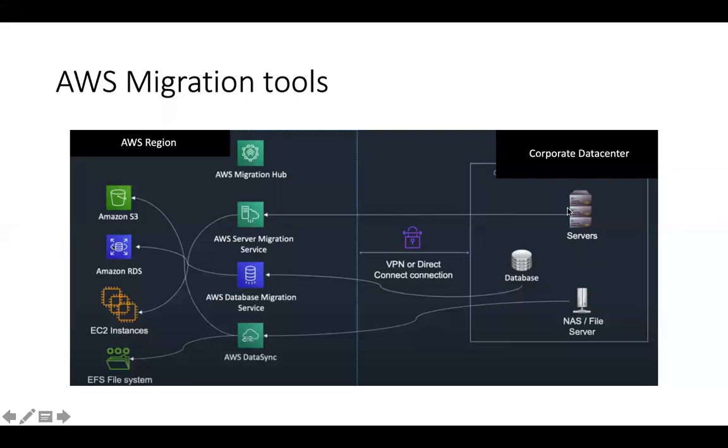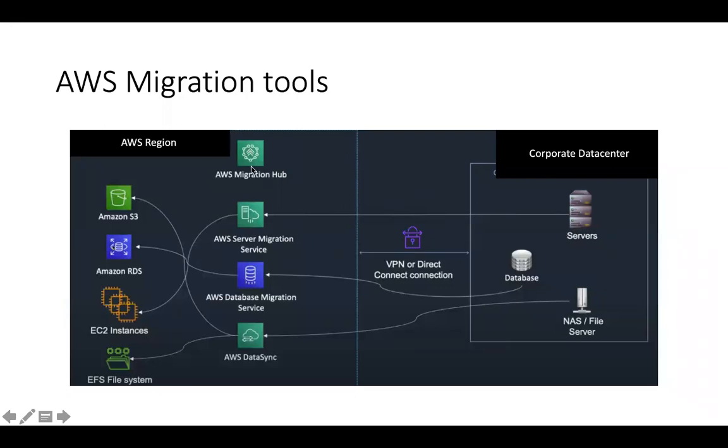Let's say servers are there, databases are there, storage systems are there, an array of storage, which is network attached storage. Within my organization, we have a storage, and people within the organization can connect to the storage and share it. That storage is shared between the computers within the office network. Such type of storage we call NAS, network attached storage. And the organization is maintaining its own database and servers. Now they have decided to migrate everything to AWS.